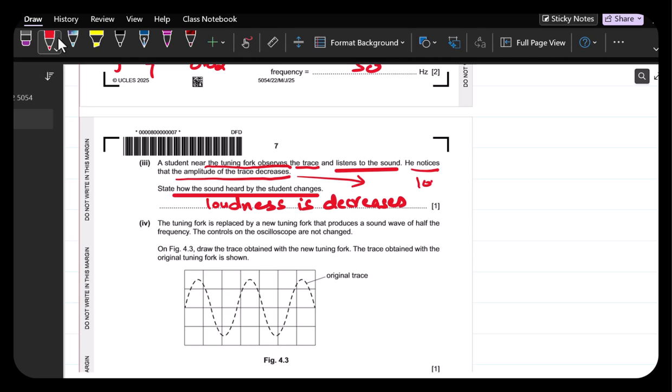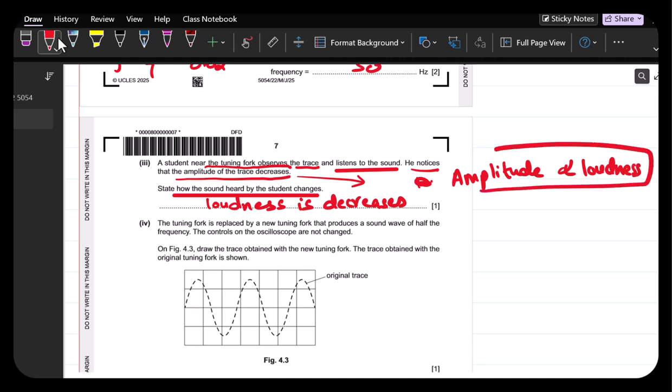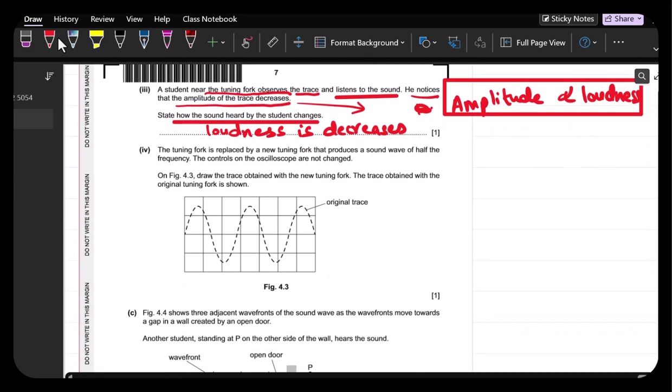So amplitude is directly proportional to loudness. Remember this. It is not dependent on frequency. Loudness is not dependent on frequency. Hope this is clear. Now we have the next part, the tuning fork